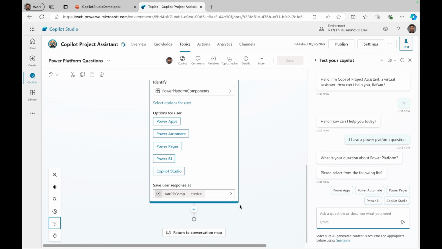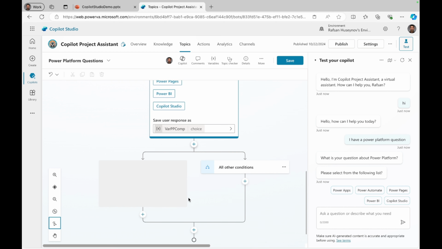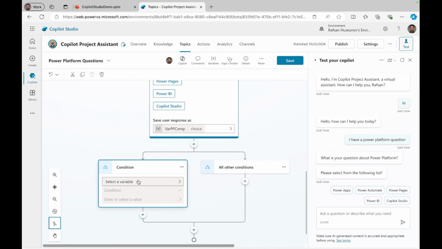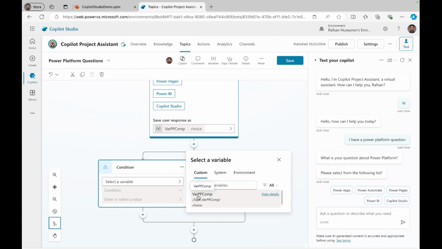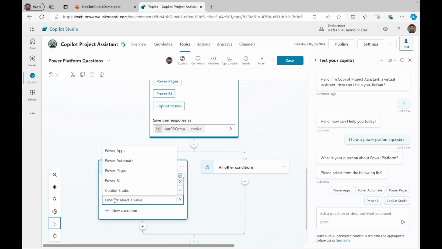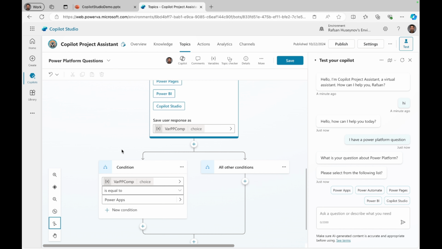So what I will do now, I will add a condition. So if user selects Power Apps, this will take them to the Power Apps topic. If they select Power Automate, this will take them to Power Automate, etc. So this kind of gives the idea to users that, okay, these are the options that I can select, and then Copilot will generate answers for me. So I'll click and add a condition. So we have already variable here, and click var pp components is equal to Power Apps, and I will add